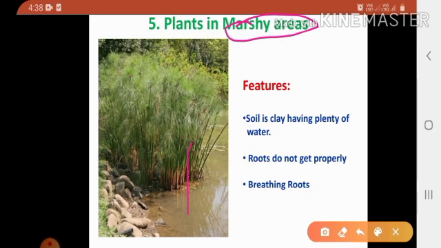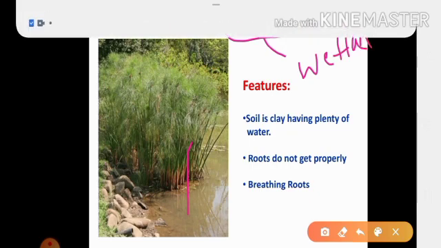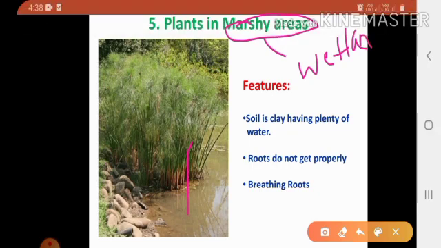See here in picture, soil that has more water. A marsh is a type of wetland that is mostly submerged in water. See here, submerged in water. The soil is covered with water.